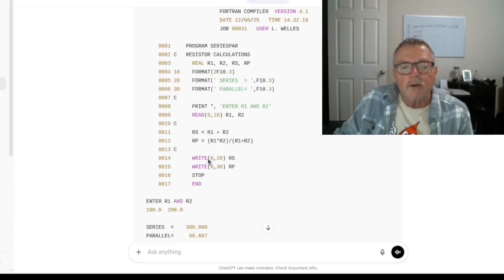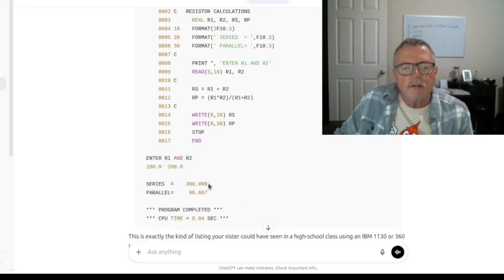Here's my card deck, very short card deck, which I have to punch out on a little punch card machine. And then I put these IBM cards up to the window, and then the operator loads them in there and runs it. So let's see what the outputs were. Well, it shows that enter R1 and R2. Here's the two values entered. Here's the output,